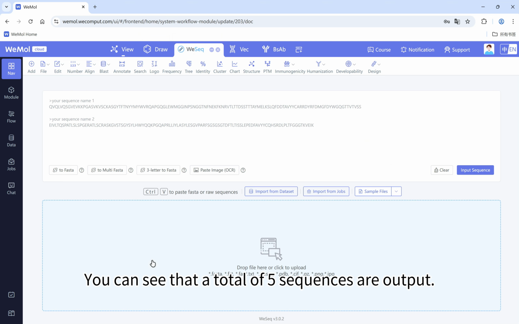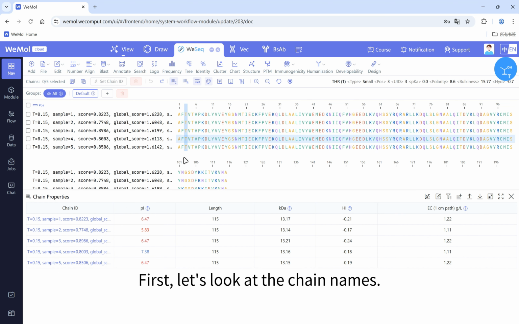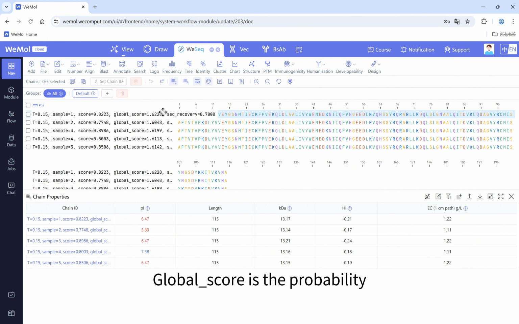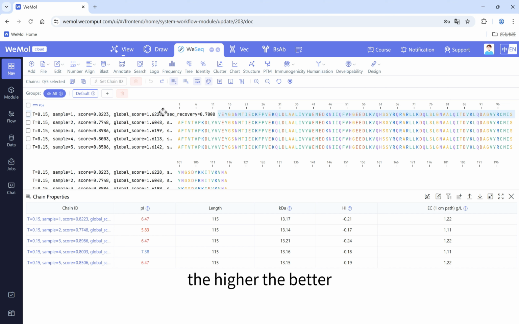You can see that a total of 5 sequences are output. First, let's look at the chain names. T indicates the sampling temperature. Sample equals 1 is the design sequence 1. Score is the probability score of the designed residues. Global score is the probability score of all residues in the sequence. Seq recovery is the sequence recovery rate, the higher the better, indicating that it is more similar to the original